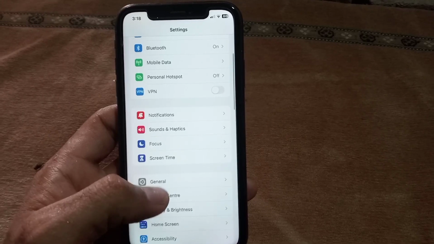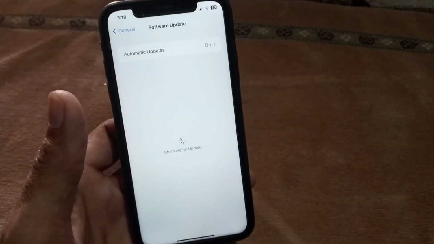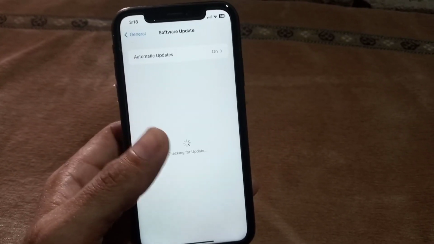Guys, in the last step of the video, I am telling you to tap on General. You can check the software update of your iPhone. If an update is available, now update your software. I hope your problem will be solved